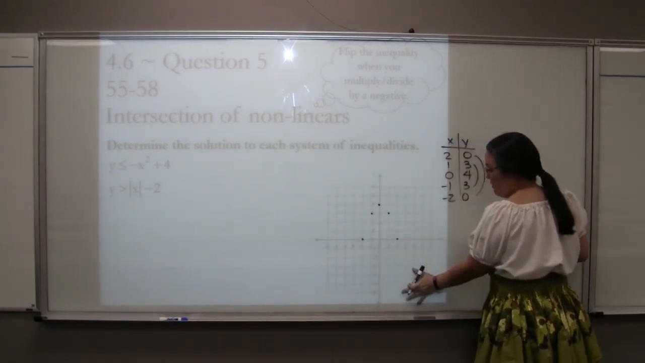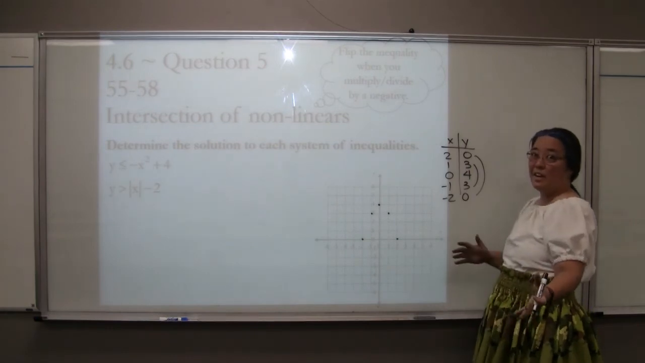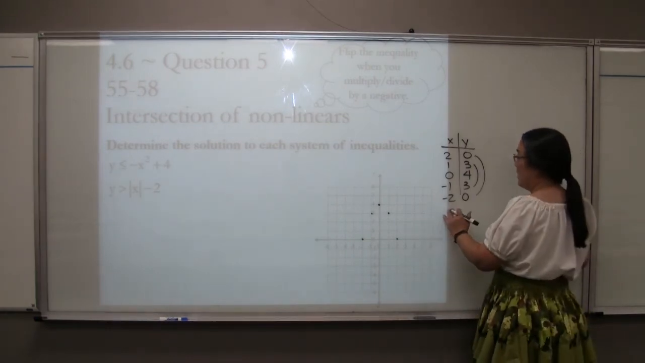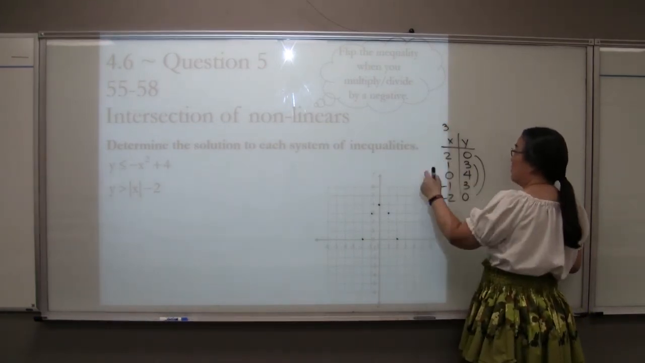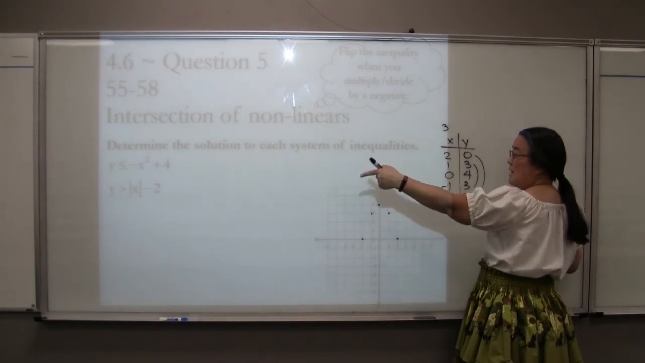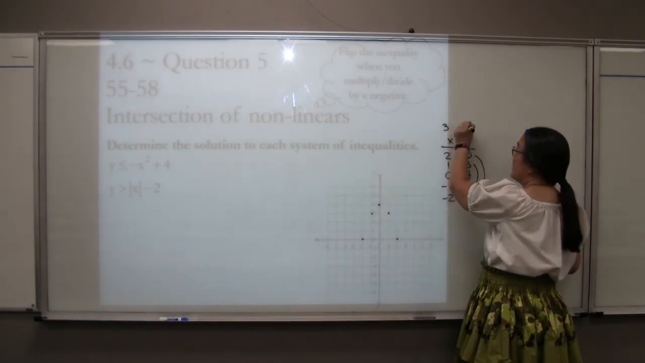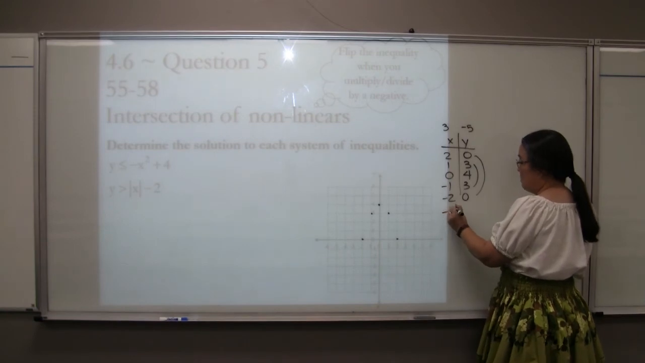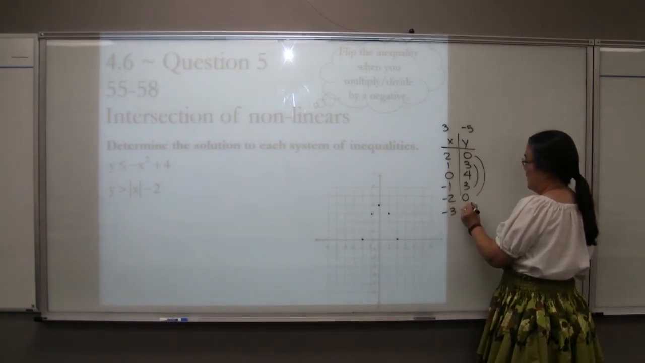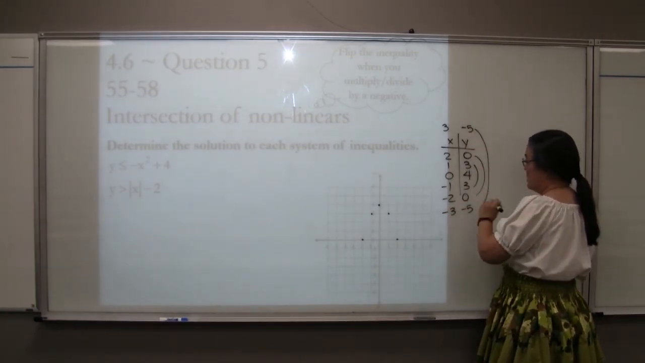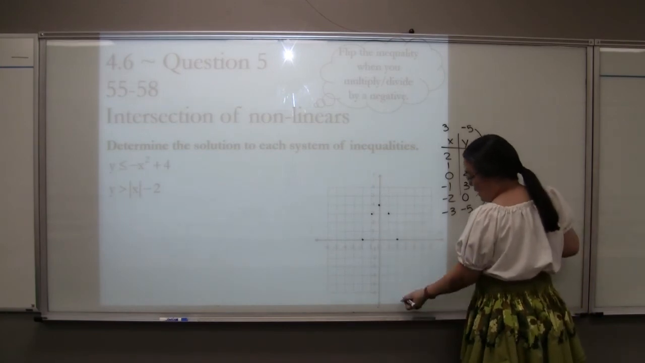I see a lot of empty space down here. I feel like there's another point there. So I'm going to, again, go further. 3 squared is 9, times negative is -9, plus 4 is -5. And the same thing would happen here because of our really cool symmetrical pattern. So 3, -5,